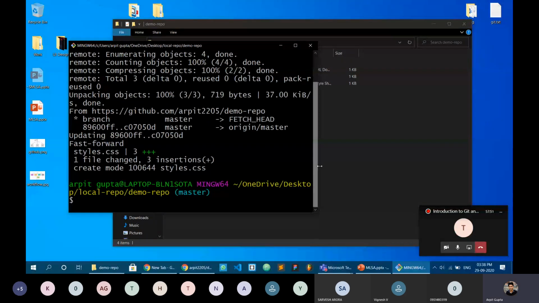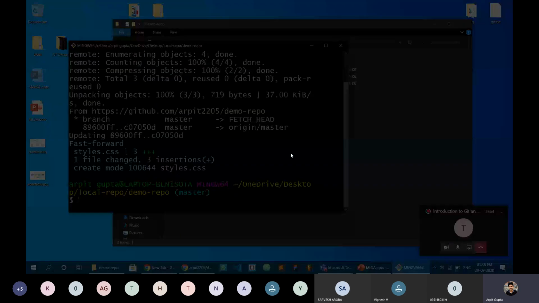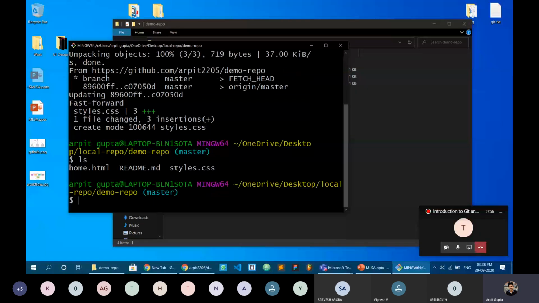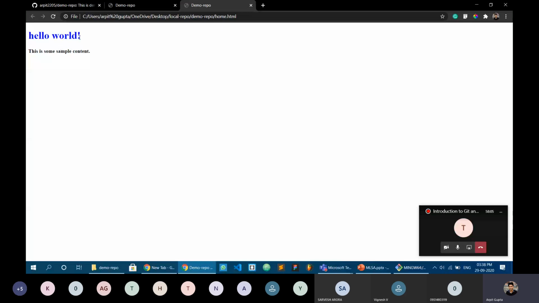And you can see we pulled some content from the repository. Now let's see what we have got. If we do an ls, you can see now we have the styles.css file back on our local machine. And if we run the home.html file, you can now see that the hello world is not red anymore. It's blue now.